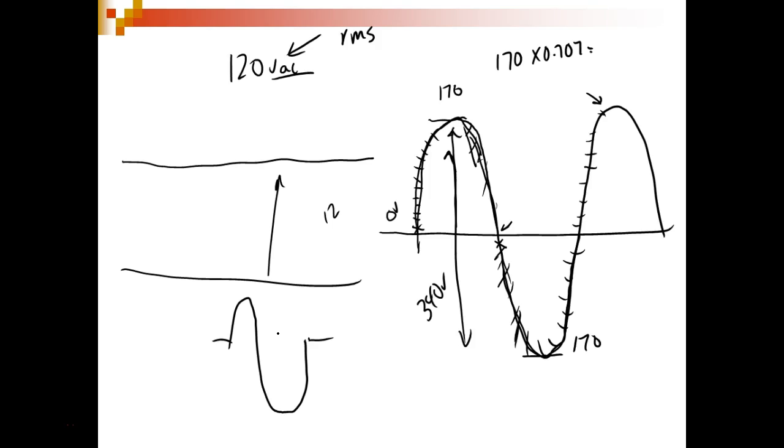This is a Fluke. If it's true RMS, guys, it usually has it on the meter somewhere. And that would be the difference between a $100 meter and a $300 meter, right? Y'all understand that? So before you go out and buy a true RMS meter, you need to know